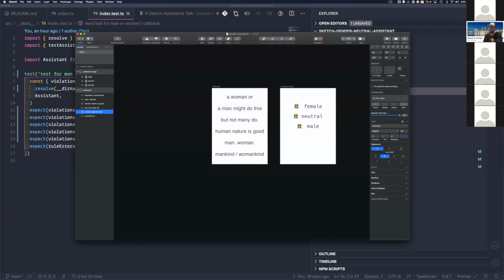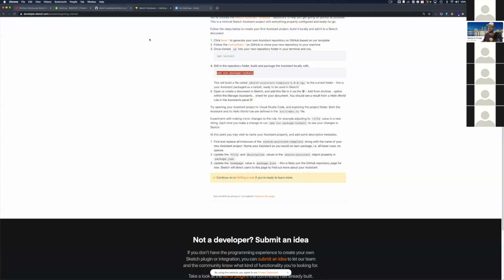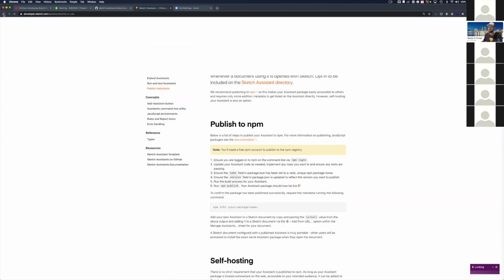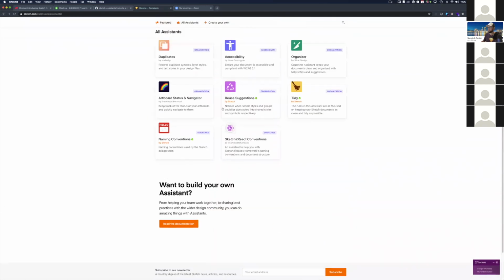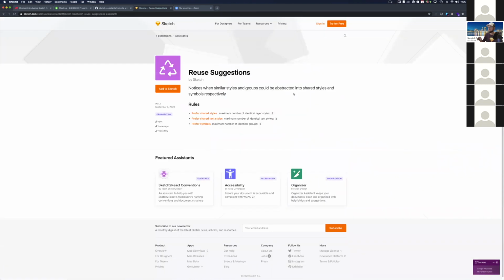Yeah, there's some really good ones. There's another one that will alert you. Yeah, the reuse suggestions. So this one's really cool. I think another one that could be really useful for a lot of what we're talking about here is, if you're using similar styles in two different components in your Sketch file, it will say, hey, you should be using a symbol, or, I think these two things are really similar, maybe you should create a symbol for it. But I think that might be what you're talking about, Agni,